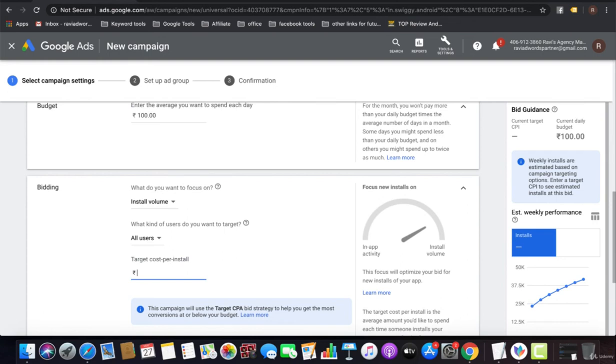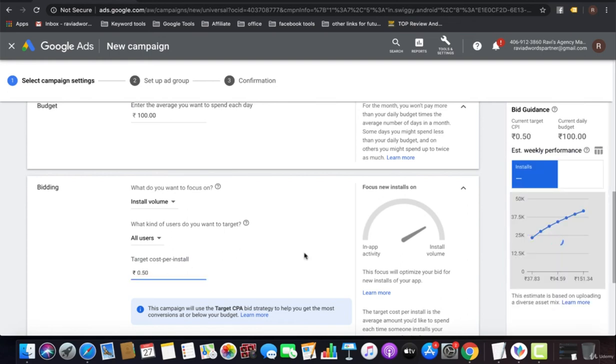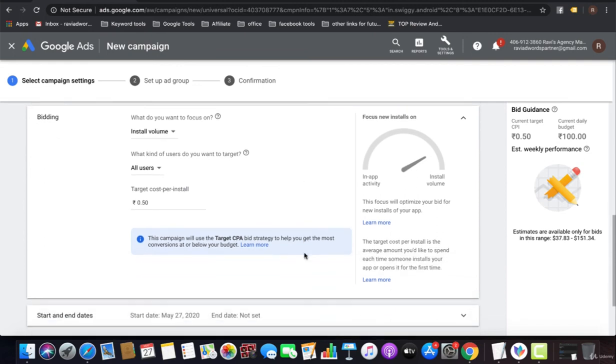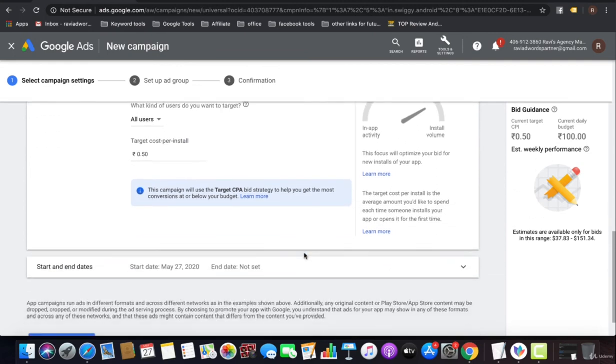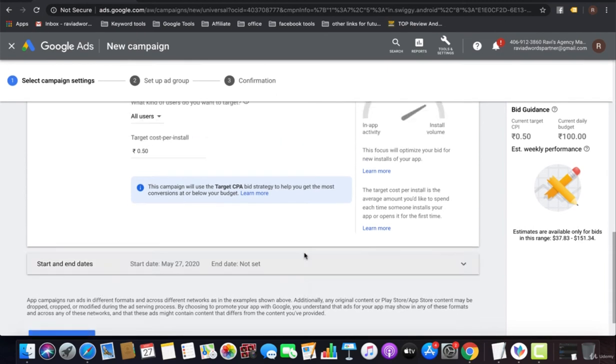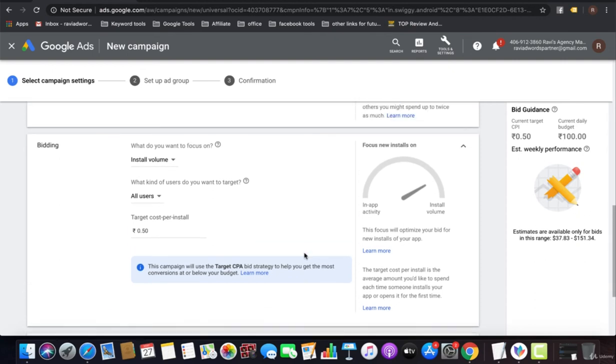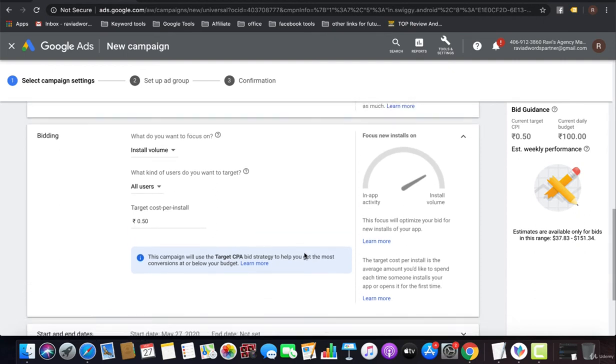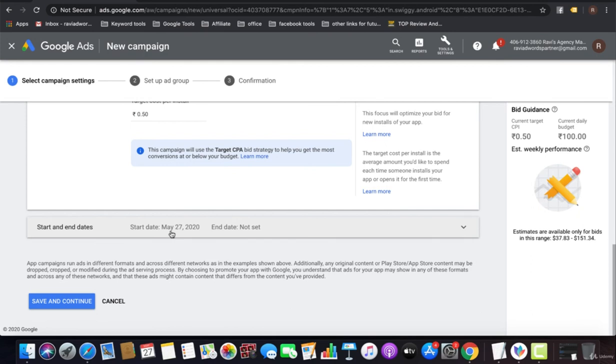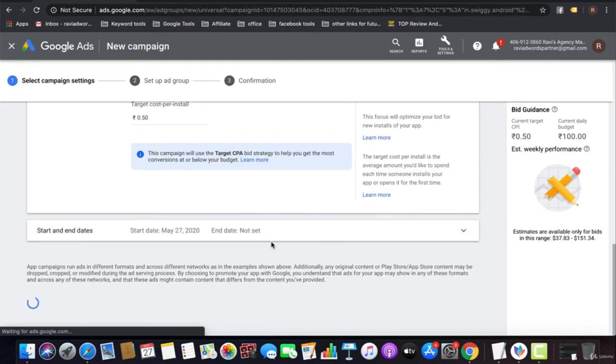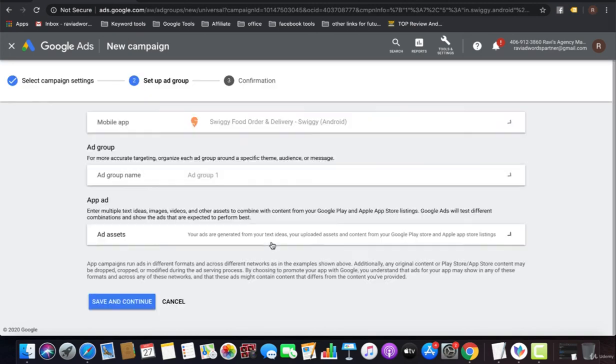Like I want to target 0.50 paisa, like half rupees, that is my total target cost per install. I'm going to bid half rupees to get one install from my audience. So you can set your target and set dates as well, and that is all, your app campaign has been created.